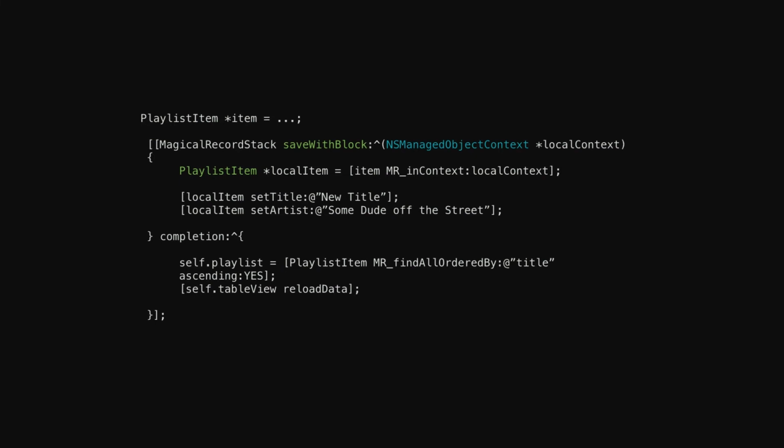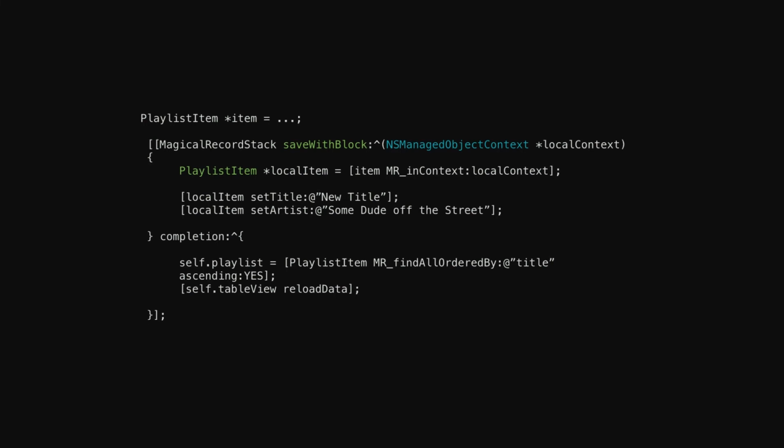So I created some background methods so that we could do something very simple conceptually. I say I want to save this data in the background and do whatever this data operation is, make sure that all the data gets saved, and once it's saved, the completion block gives me a callback that says, hey, this data is now saved, go ahead and reload and update any views or anything on the UI.